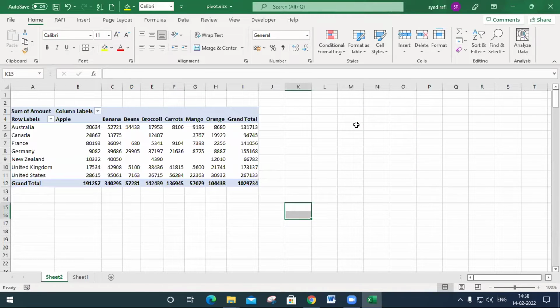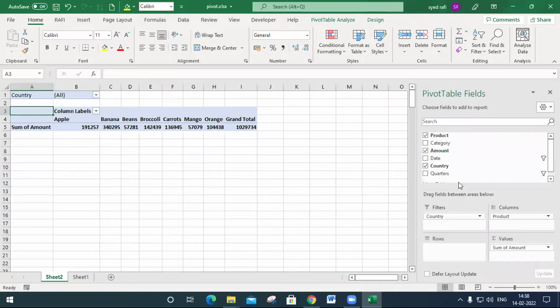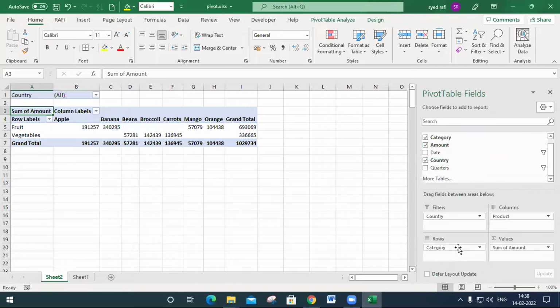Slicer we discussed, and timeline we discussed. And here, these boxes will be displayed like this. One more thing I will show you. Here I put the country at this location. I put that country in the filter, and the category I bring here.